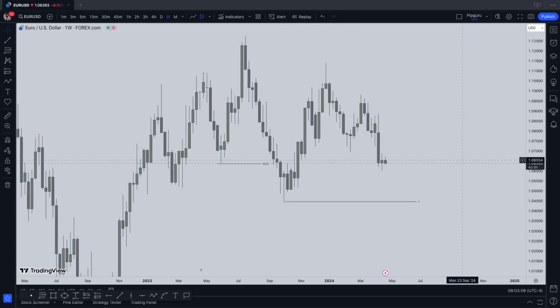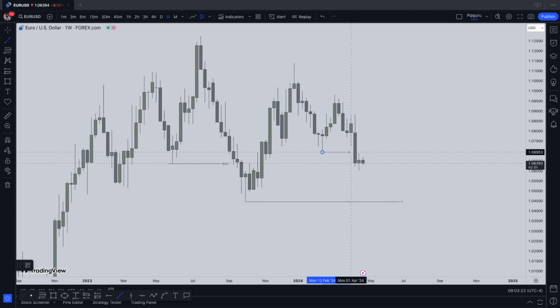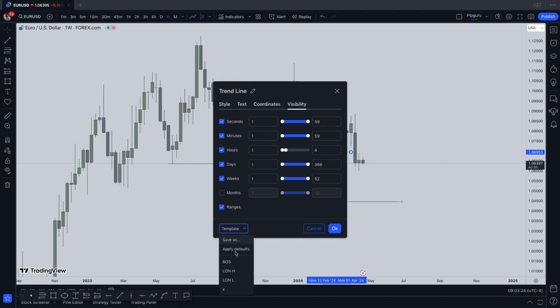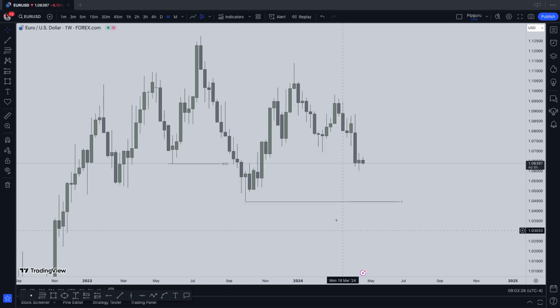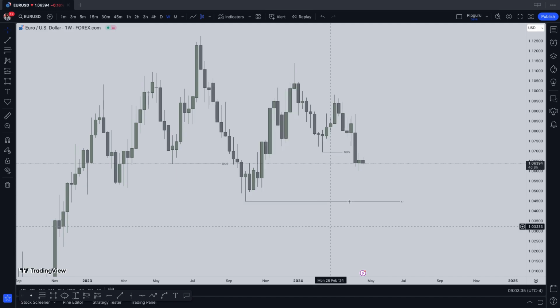But to go into more detail, as you guys can see right here, we had a break of structure right here, breaking to the downside. Sorry about that. So we have a break of structure right here, breaking to the downside. Let me make that visible on the weekly time frame. So break of structure, breaking to the downside,